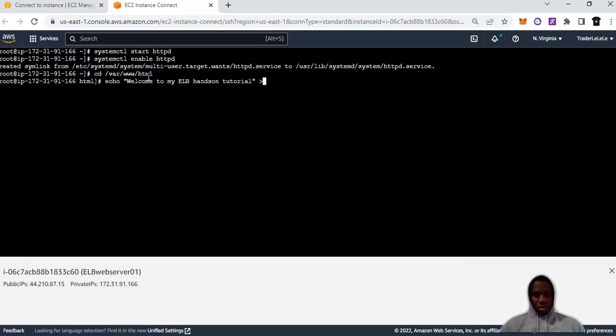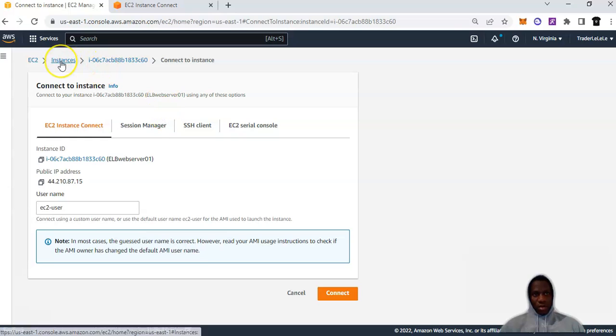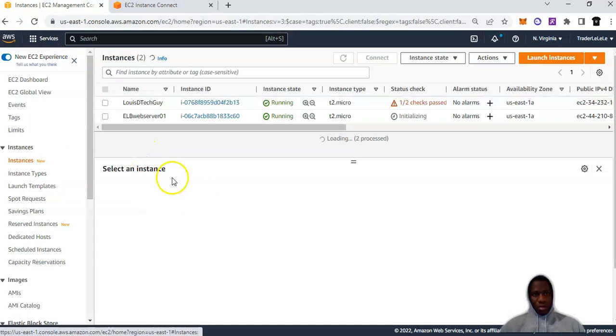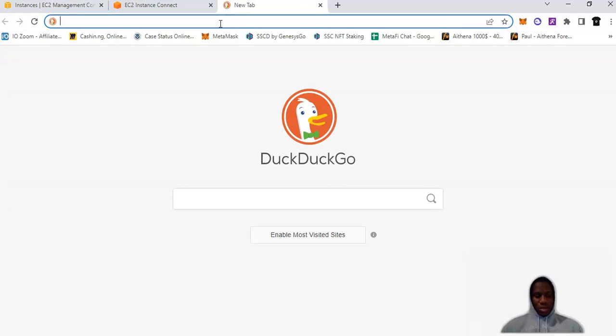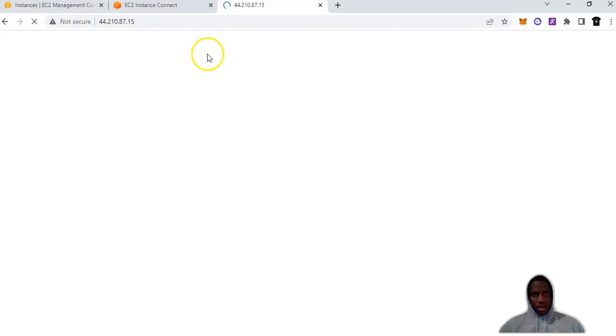Now we say hands on tutorial, and I'll write this to the index.html file. Right, so we're done. So for us to know whether we configured this right, I'll go back to my instances and select the ELB web server 01, click on the public IP address and run it right here. So, welcome to my ELB hands-on